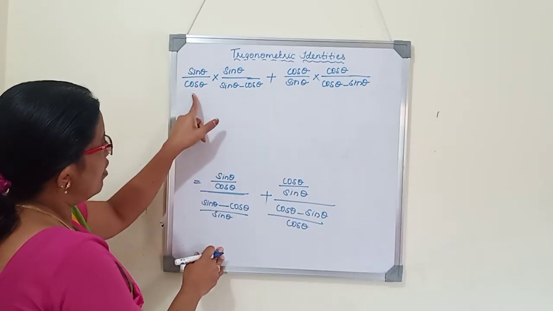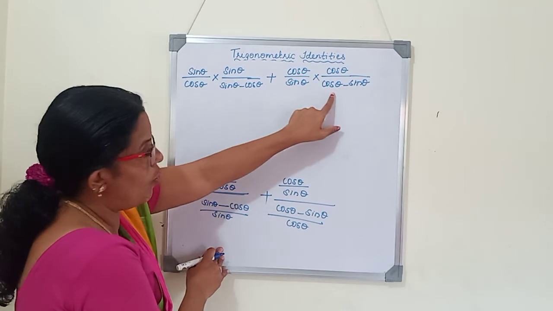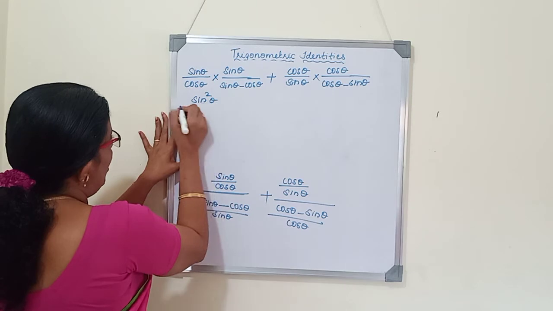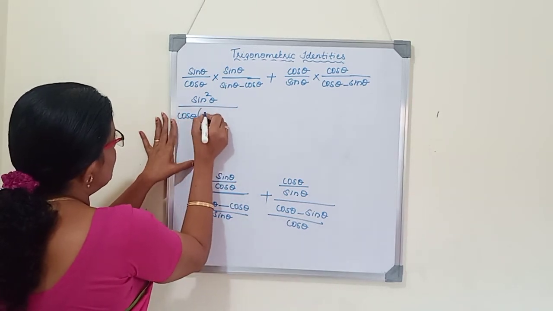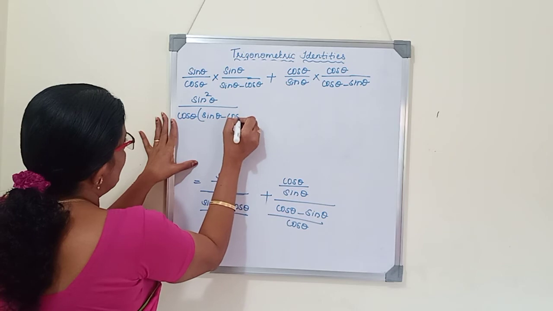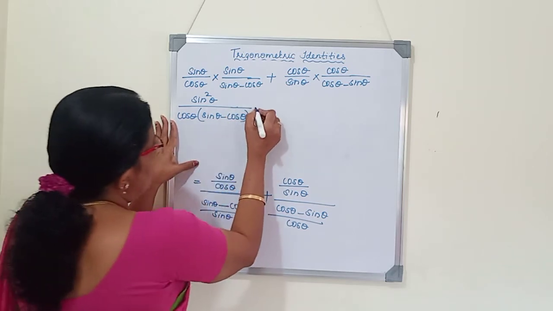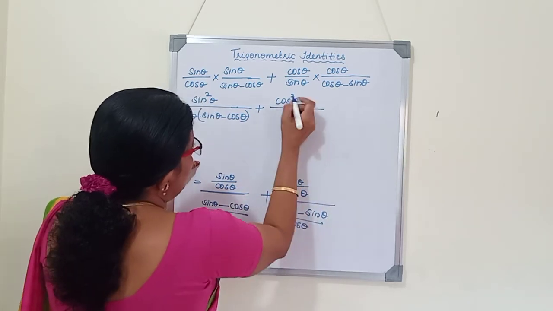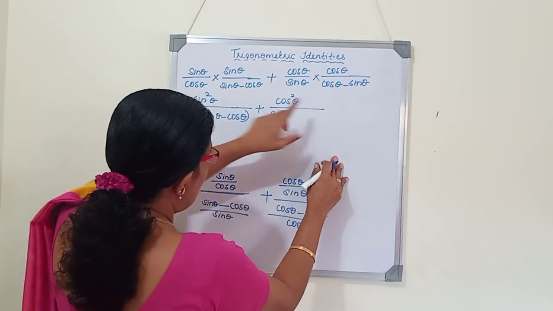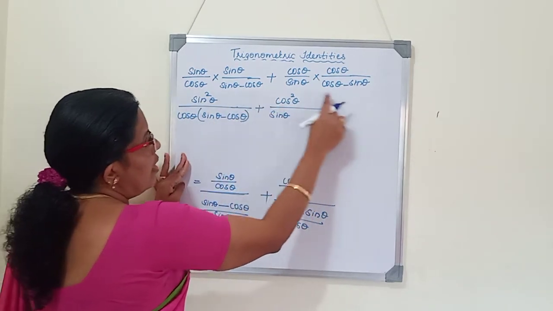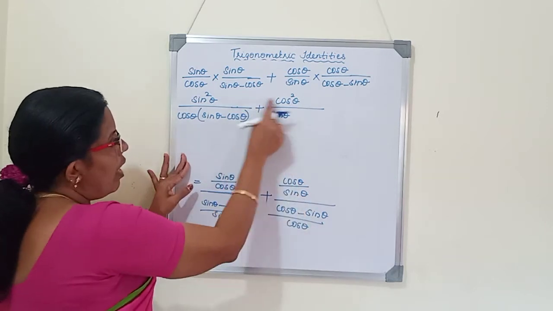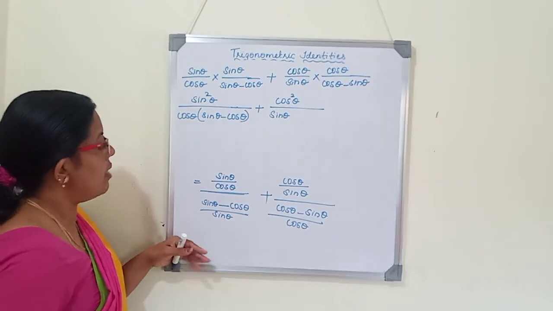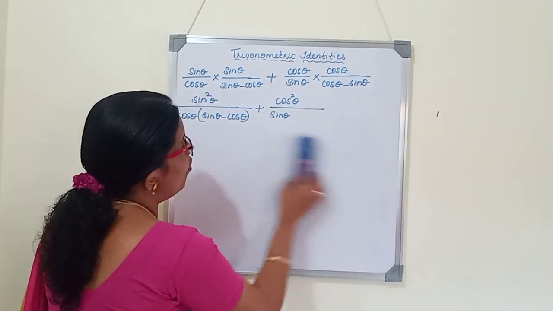Now we have here two terms, product of two terms plus again product of two terms. Now we will multiply sine theta into sine theta, sine square theta by cos theta into sine theta minus cos theta. As it is we have written. Here we will write cos theta into cos theta, cos square theta by sine theta. Now here sine theta minus cos theta is there. Here cos theta minus sine theta is there. We have to change both in the same way. That is, this cos theta minus sine theta also we have to write as sine theta minus cos theta. For that what we have to do?